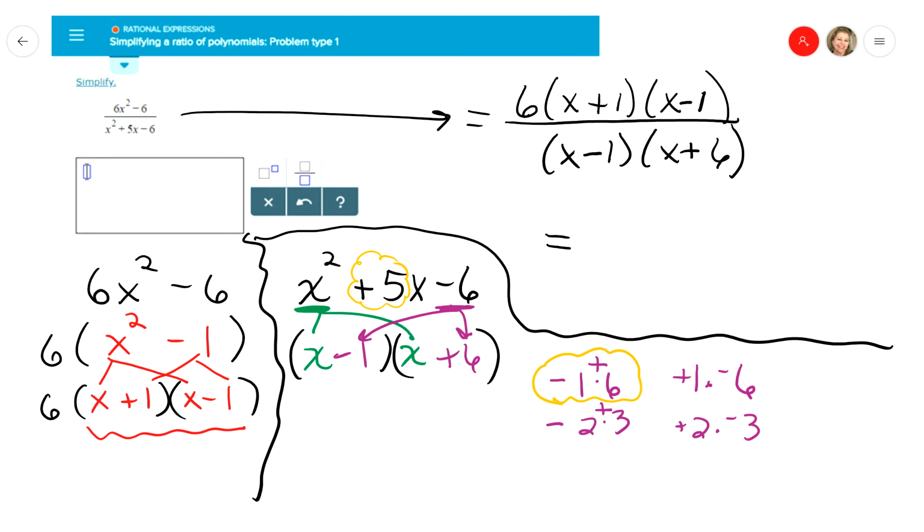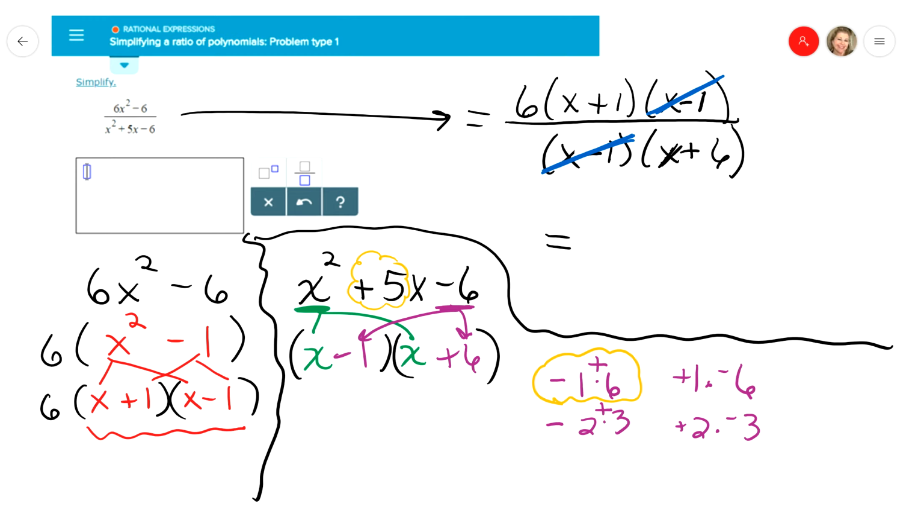Okay, it's completely factored. And the only factors that I have that I can cross-cancel or cancel out is an x minus 1 over an x minus 1. That's it. You cannot cancel those 6's. The 6 in the numerator is a monomial. The 6 in the denominator is part of a binomial. The only way you can cancel